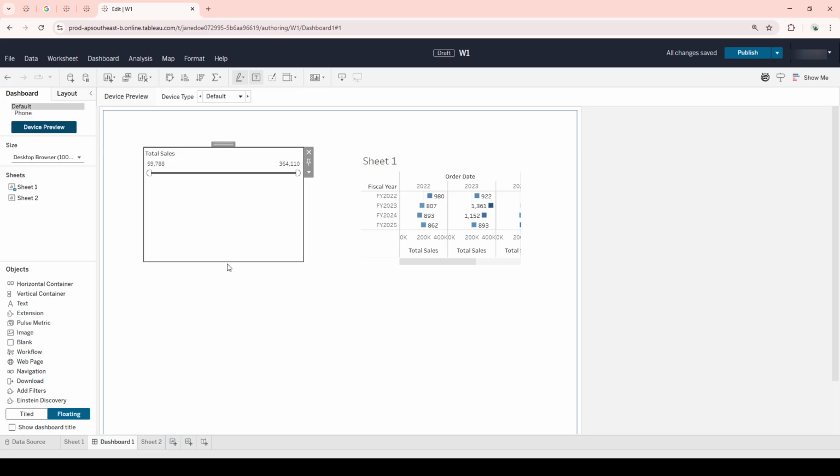And there you have it. You've successfully created a horizontal legend in Tableau using a separate sheet in your dashboard. This method not only makes your dashboard more visually appealing, but also improves its functionality by offering a clear, organized legend for users to